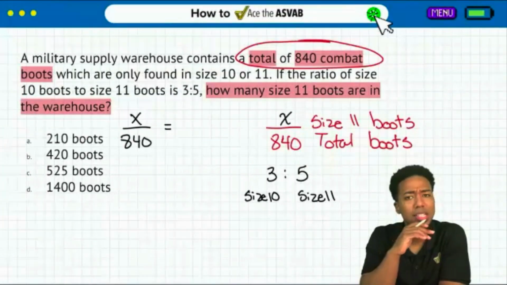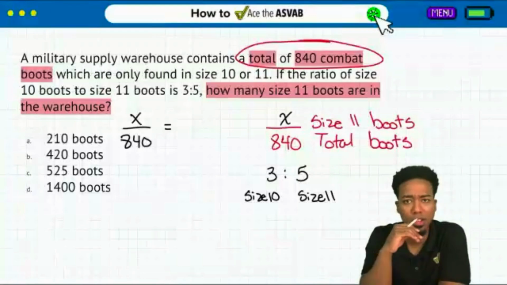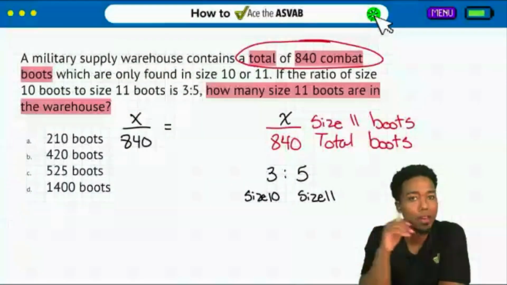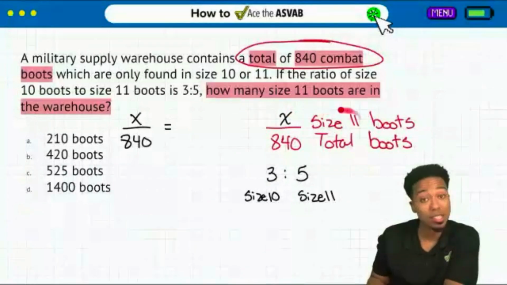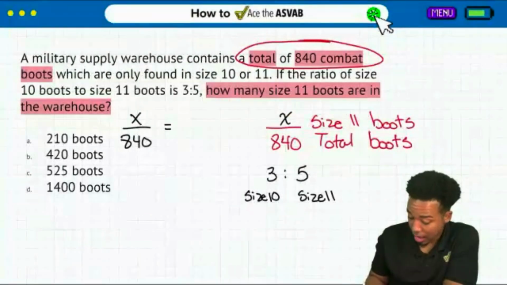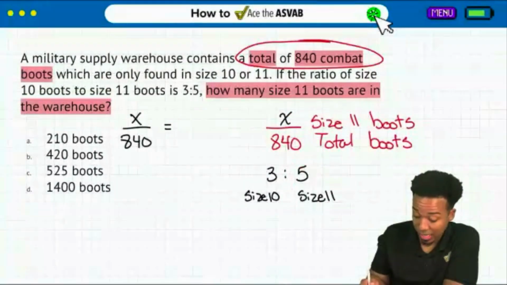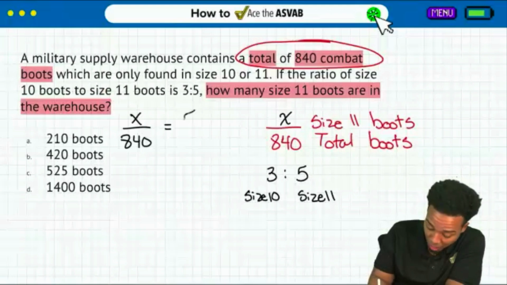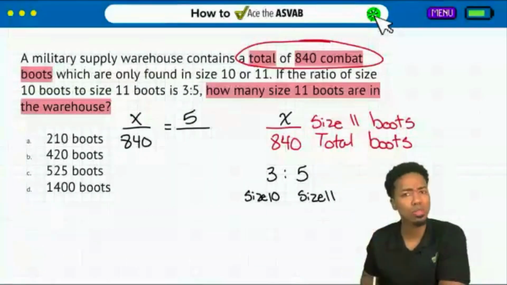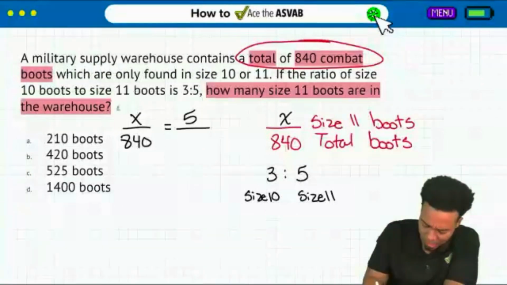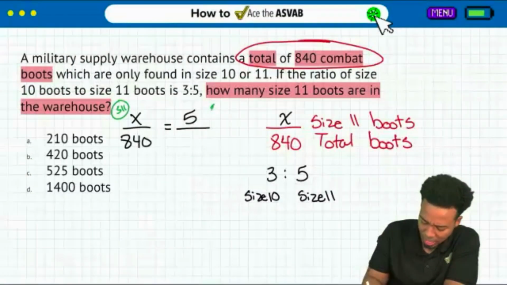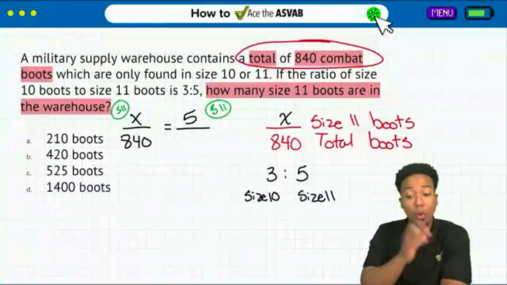No, it's not. You can't plug in the 3 and the 5. No way you can do that. Sure, you can say, hey, X represents size 11 boots and 5 represents size 11. So sure, I can put the 5 right here. Absolutely, because you're correct. This is size 11. This is size 11. However,